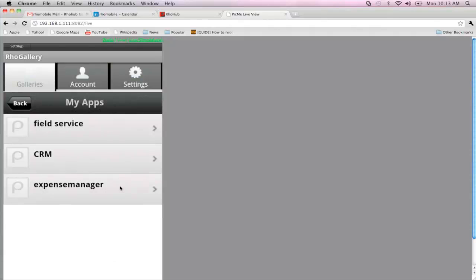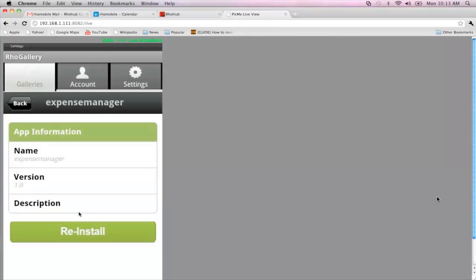So what I'm going to do now is bring up my menu and refresh it. And what I want to do is show you the launching of all of these apps. So I can click on the Expense Manager. This happens to be an actual third-party app from a company called Tech Ahead. It's out as a free